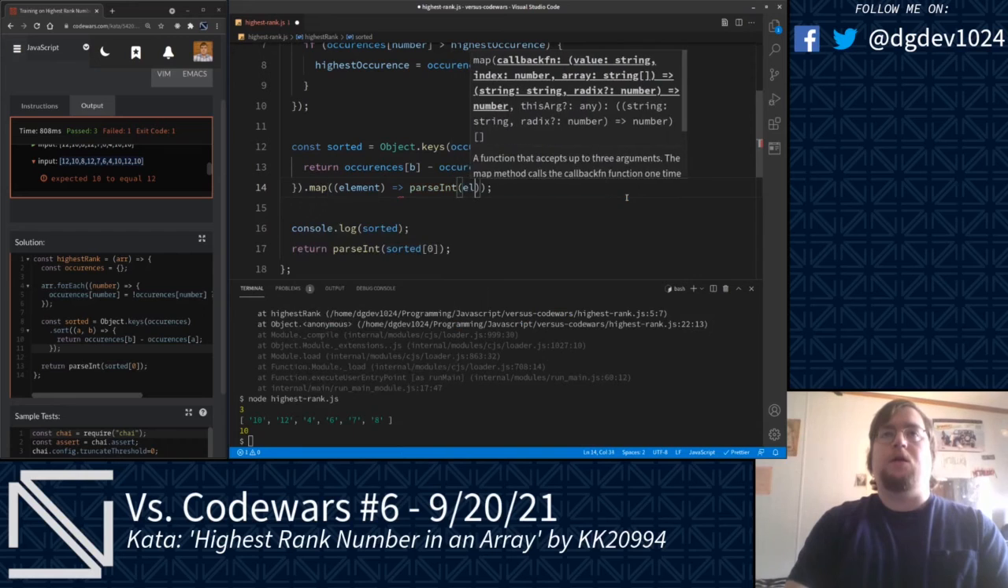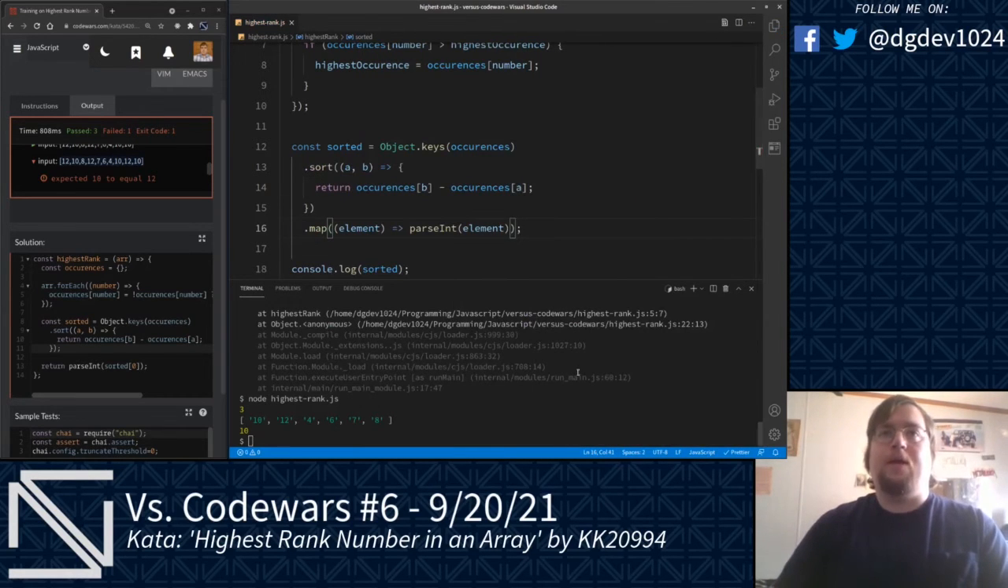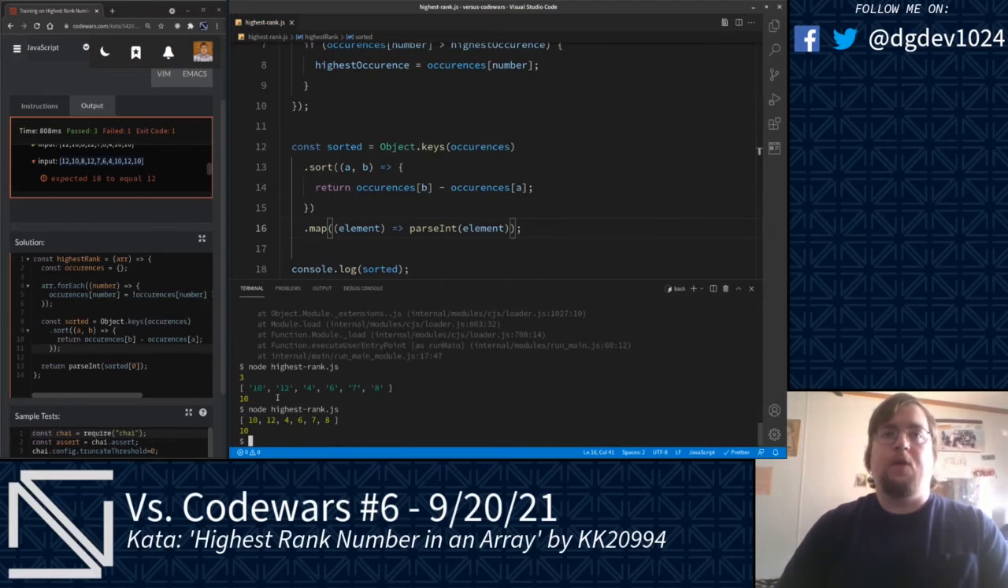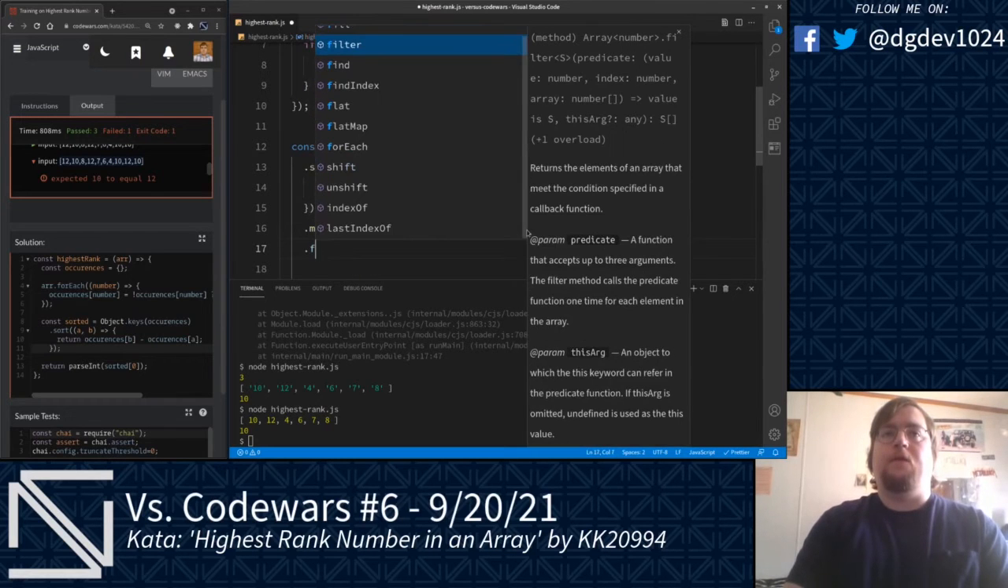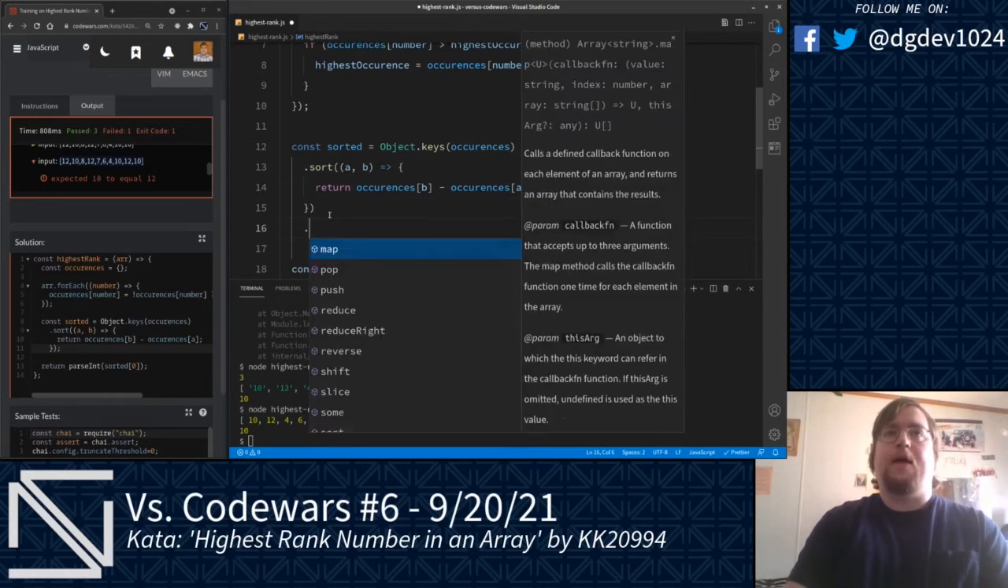Parse int element. Next, we'll go ahead and actually see what that looks like here. And we should have numbers here. Finally, let's go ahead and hit dot fill. Actually, no, this actually needs to be a string. I'm gonna disregard that. Filter